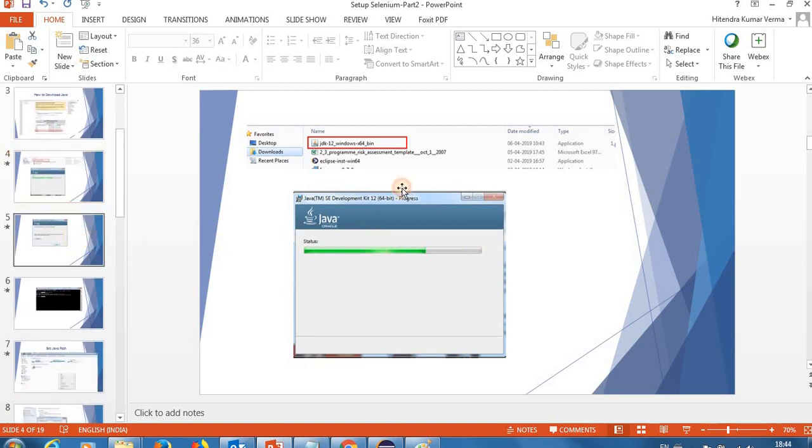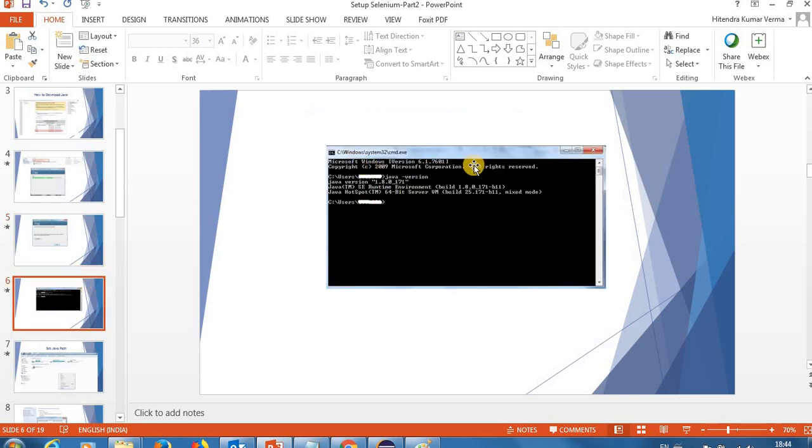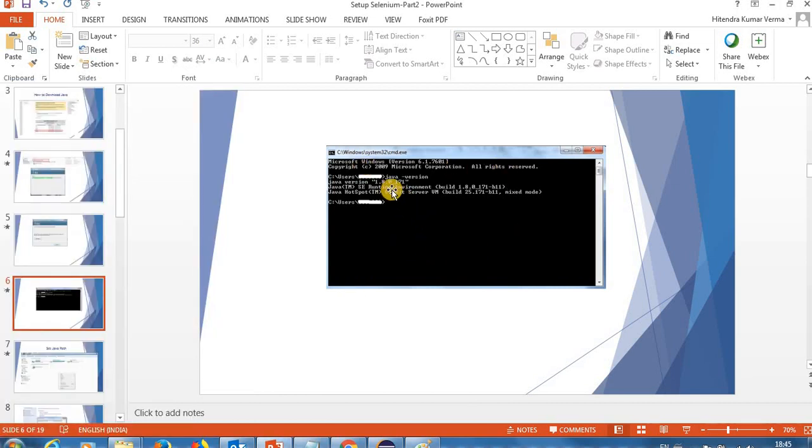So my JDK is installed successfully, and to check whether it is picking up the latest version or not, you can go to run and type cmd. The command prompt will open, where you can type java space hyphen version.